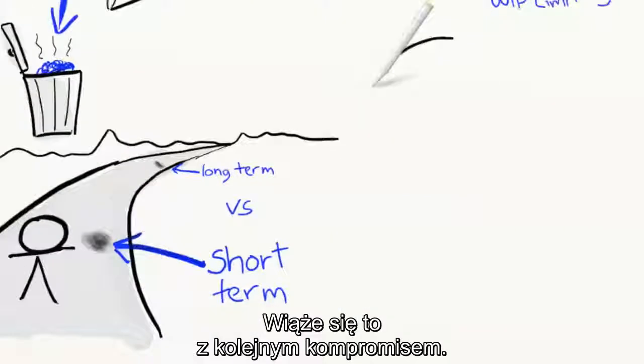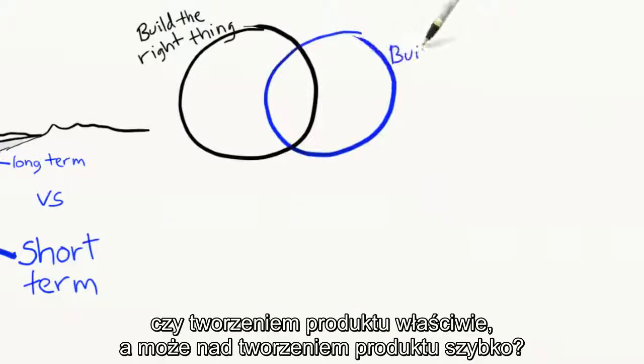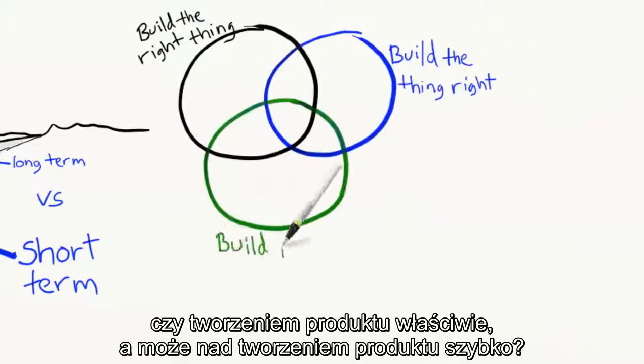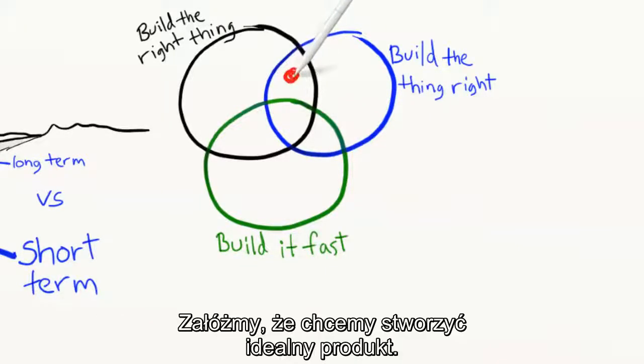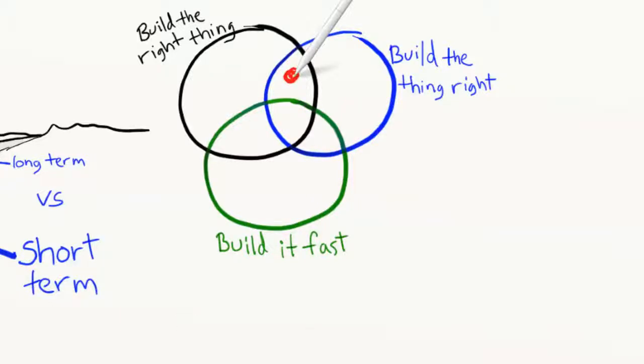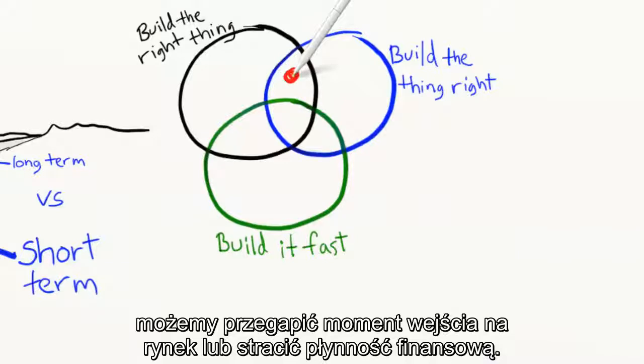And this relates to another trade-off. Should we focus on building the right thing, or building the thing right, or perhaps building it fast? Ideally, we want all three, but it's hard to find the balance. Suppose we are here, trying to build the perfect product with the perfect architecture. If we spend too much time trying to get it perfect, we may miss the market window or run into